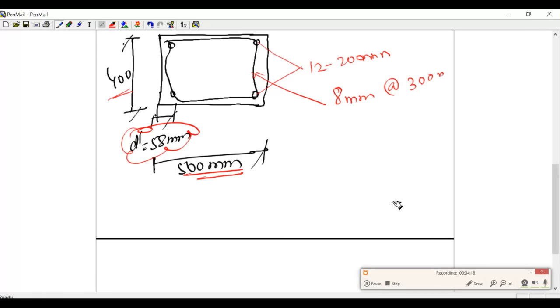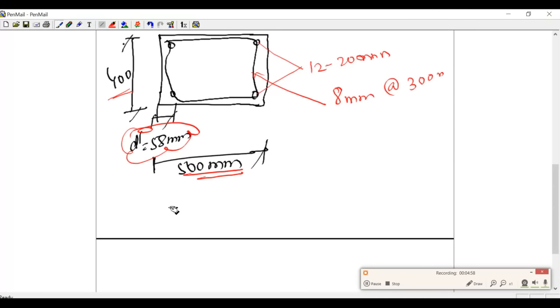So in this problem we have calculated the design reinforcement, and we have checked whether the reinforcement is sufficient for your bending as well as your axial compression. So hope you have understood this problem. If you have any doubt, you can comment, and we will try to clarify all the doubts. In future we'll be coming up with more problems on design of columns. We'll be uploading a video on design of slender column, that is a long column.